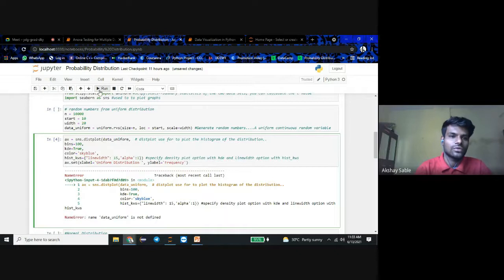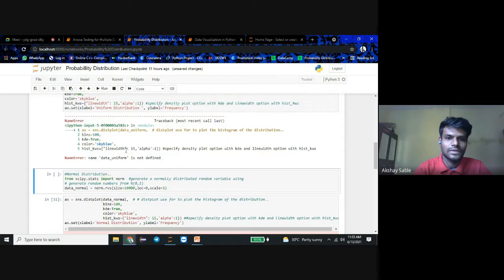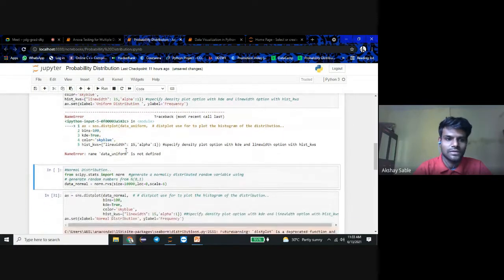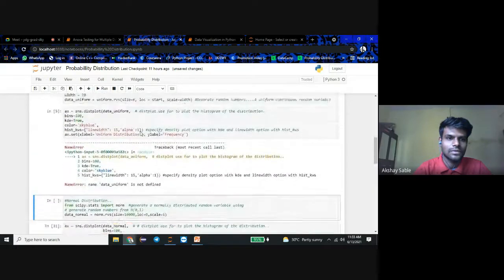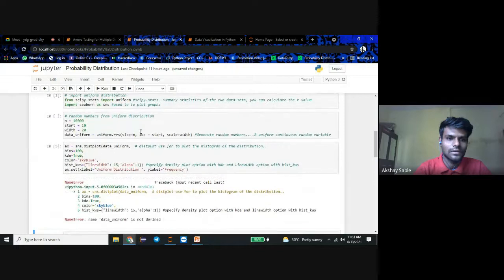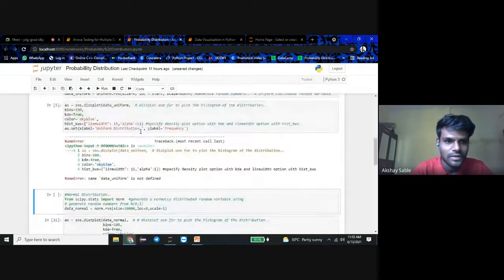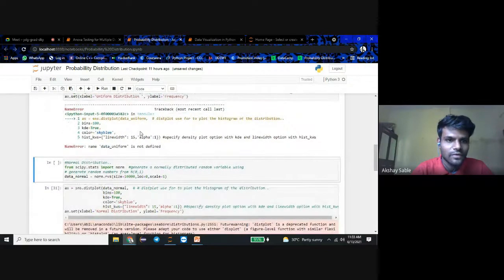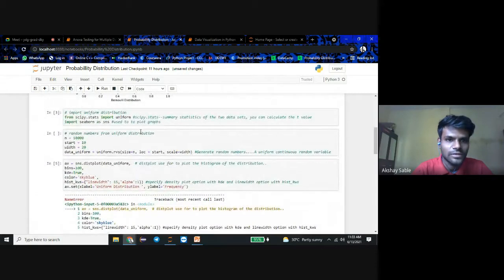Now we are going to run this. It gives an error actually. So here is data_uniform, where the variable we use is data_uniform.